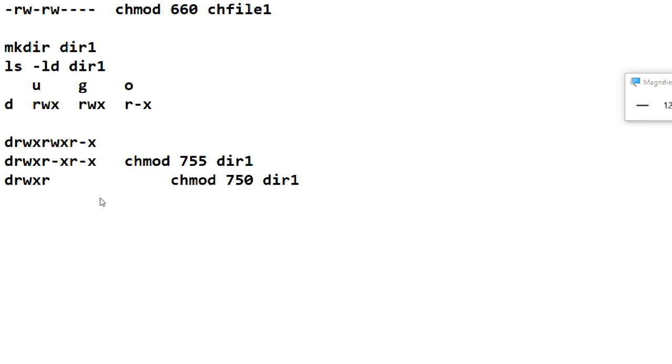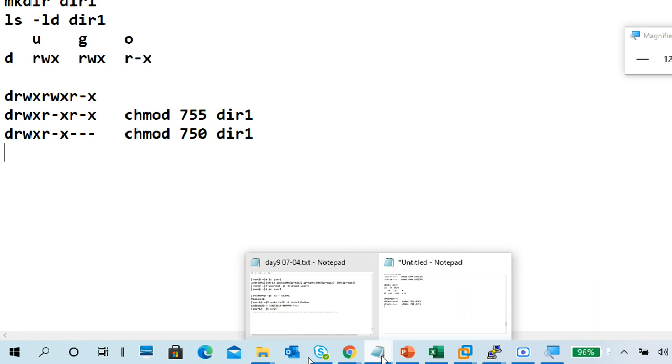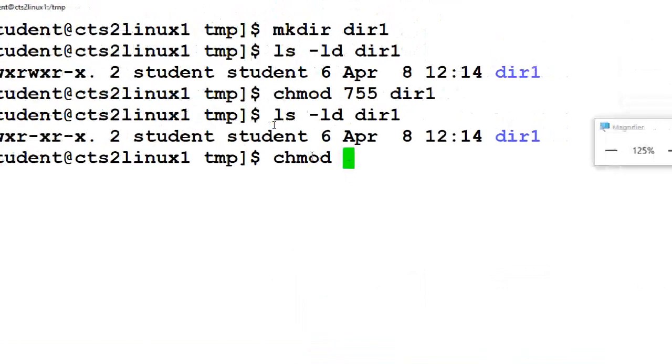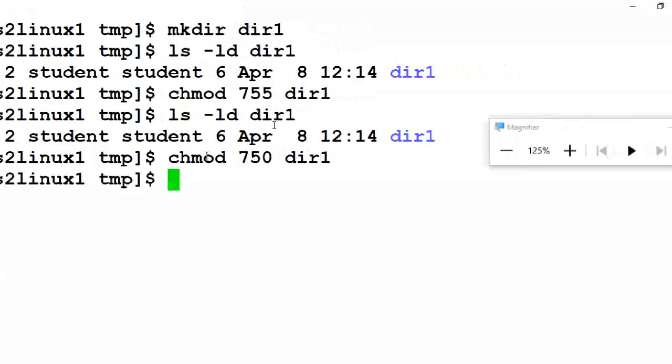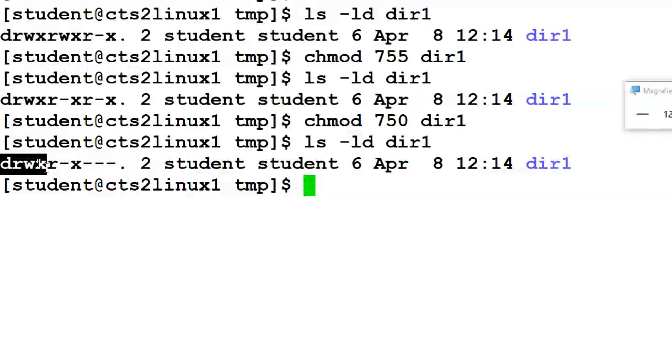Read and execute for the group. Nothing for others. Very good. Now chmod 750 dir1. Correct answer, good. So like this, we can give permissions.